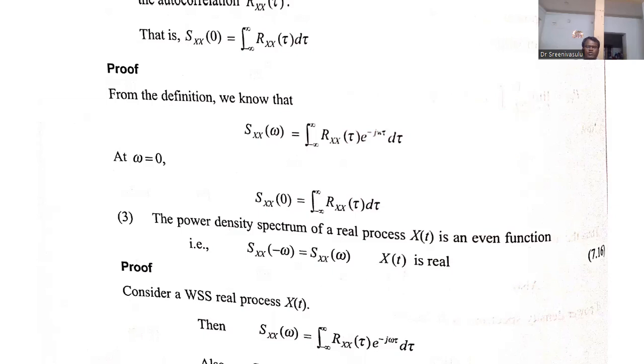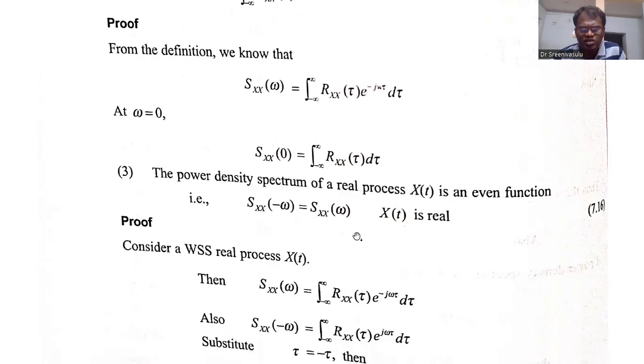Even symmetry means, if you apply the Fourier transform to the autocorrelation function to find the spectrum, draw the spectrum and fold it with respect to the vertical axis about the origin, the spectrum's magnitudes are the same even though the frequencies change. Suppose on the right side the frequencies are positive and on the left side the frequencies are negative. But coming to the y-axis, if you see the amplitudes are the same, then we can say that it is an even symmetry. This is possible when the random process x of t is real: after finding this Fourier transform of the autocorrelation function, the spectrum is an even function.